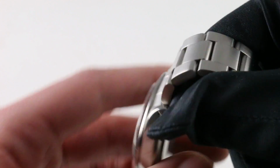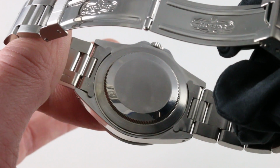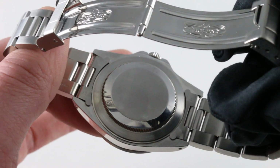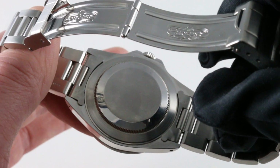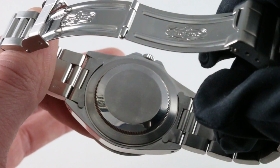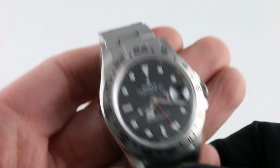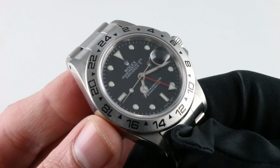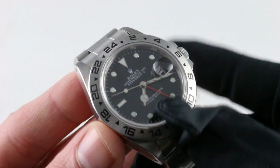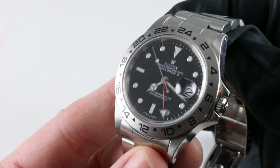A chronometer, it uses the transitional caliber 3085. Now 3085 was a 27 jewel automatic with a 42 to 45 hour power reserve. Chronometer certification, rather than the full balance bridge, it had a single-sided balance cock, but it was still a chronometer. It still had a Breguet overcoil for resistance to positionally or gravitationally induced timing deviation. Being of the modern generation, it was the high beat 28,800 vibration per hour beat rate. It features hacking seconds, it features the independent second time zone, and because this is a newer generation of case